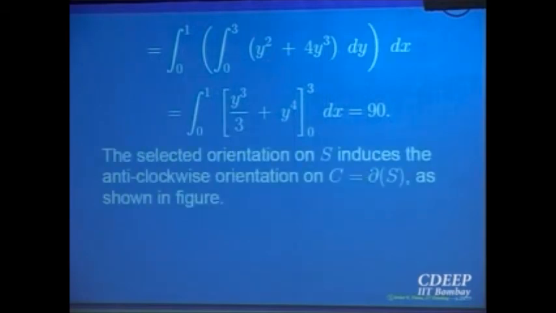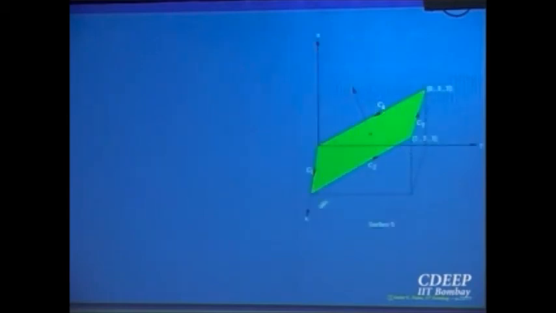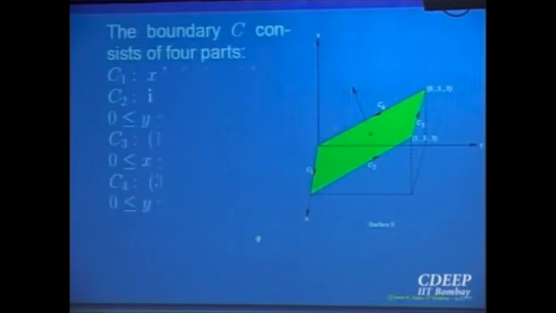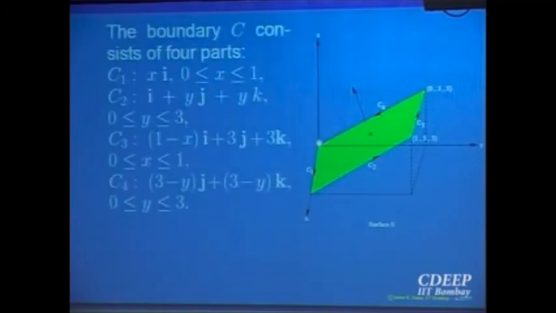So on that boundary we have seen we are giving the counterclockwise orientation because it's normal there. So that is the counterclockwise on that. So now we have to give for each piece C1, C2, C3, C4 a parameterization and compute those 4 integrals. So let us do that. This is C1, this is C2, this is C3, this is C4. So let us write. On C1 what is happening? It is moving along the x-axis, only the x component is changing, y and z are 0. So it is only x i, x goes from 0 to 1.